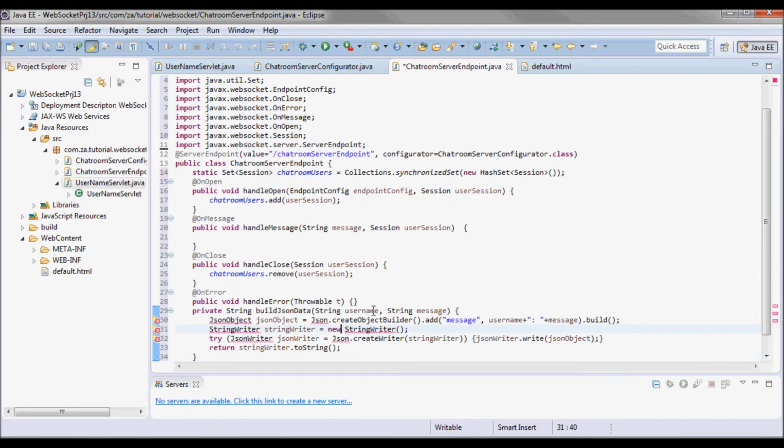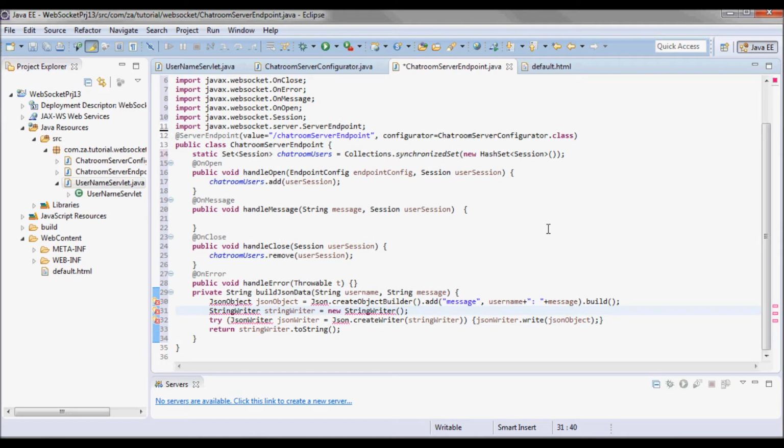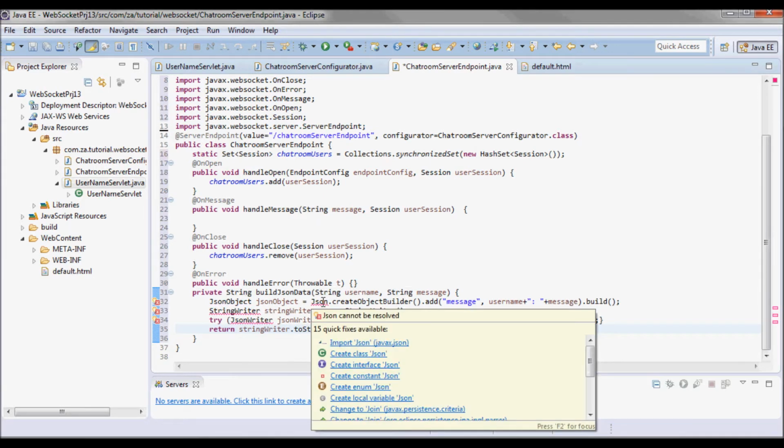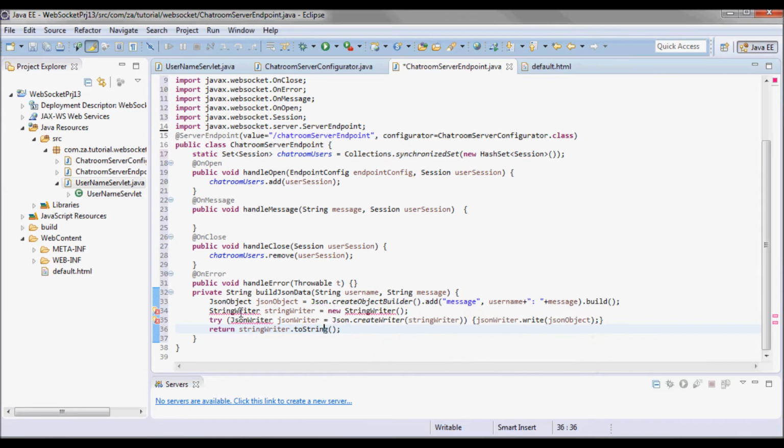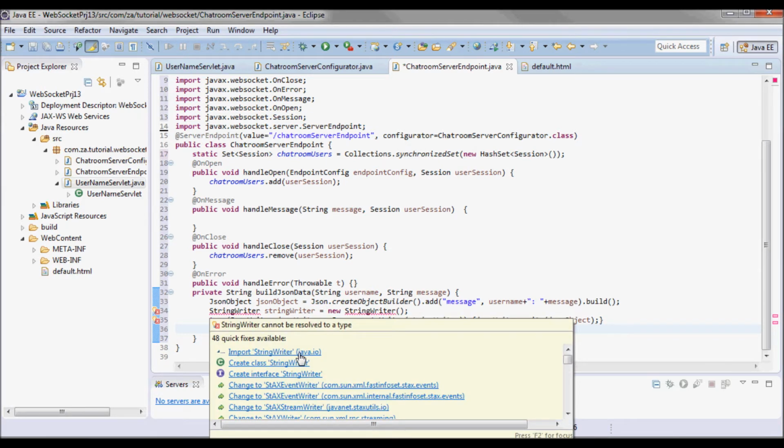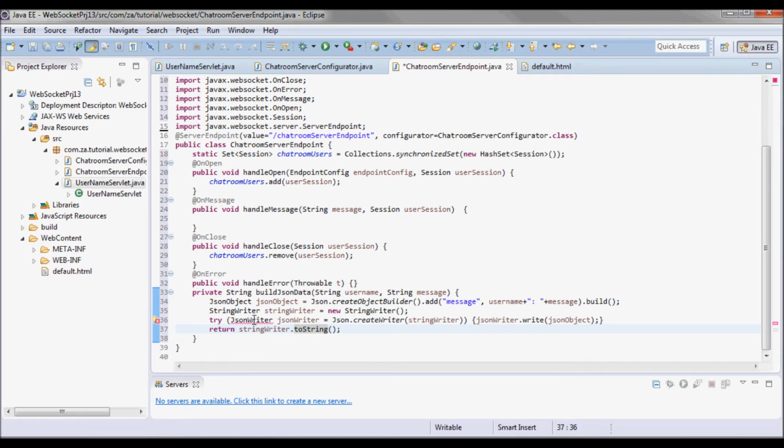So build JSON data takes in a username and a message and returns a JSON string. So notice here this message, then the username and colon and the actual message.